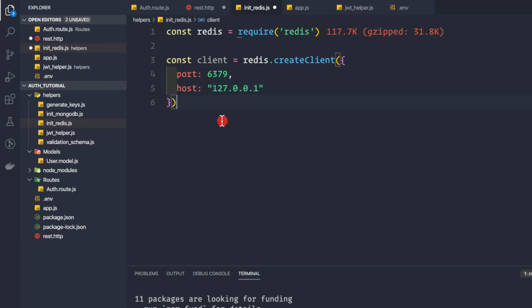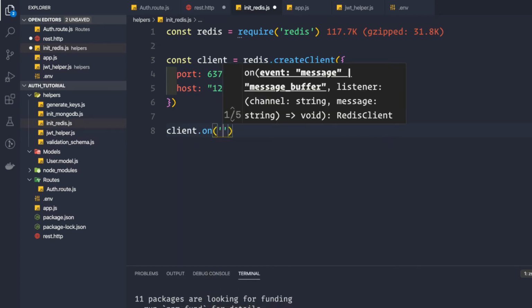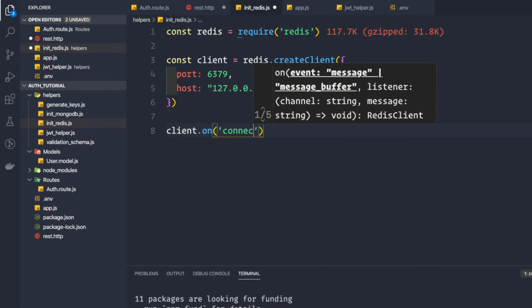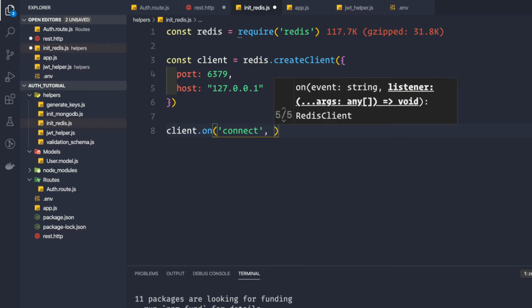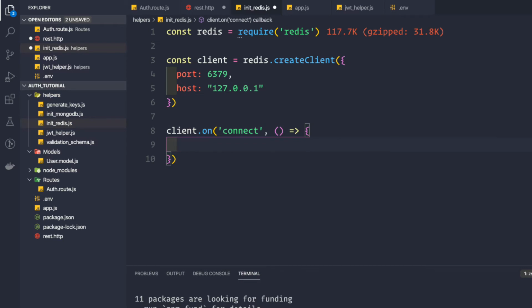To see whether the client is connected or not, we have certain callbacks or events that are emitted. So we can say client.on, and here we have a connect event, that is when the client is connected to Redis. The second argument is the callback, and here we can simply console.log that client connected to Redis like this.